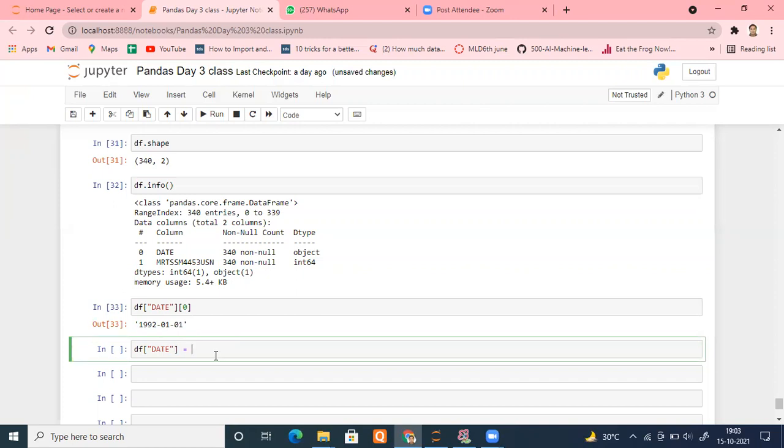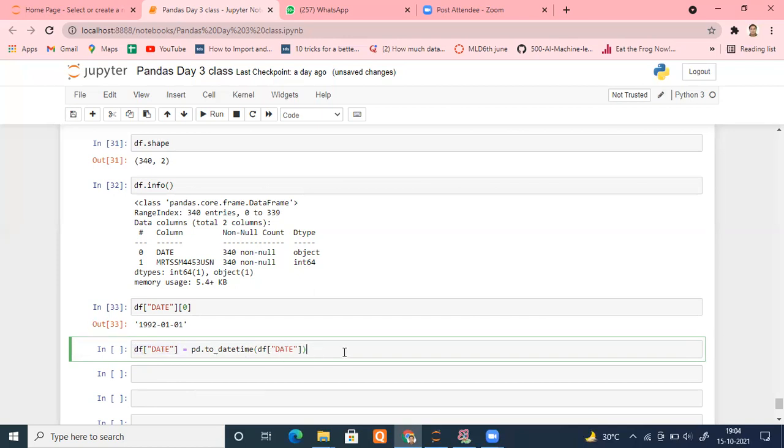I will simply type pd, that is the alias for pandas, dot to underscore. Once I press it, I'll get a to_datetime option. Click it, and pass your column name. Is my column name the same? df and date. This is the thing I am doing so that the new values of df date become all date time.